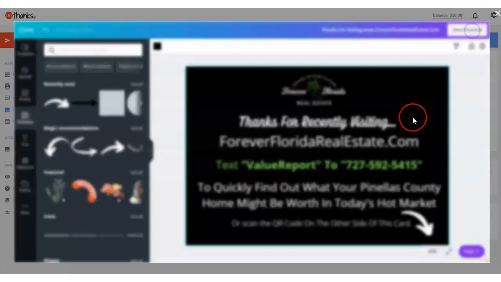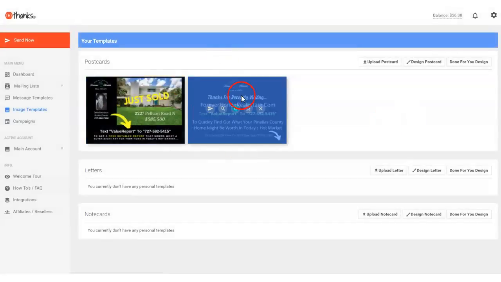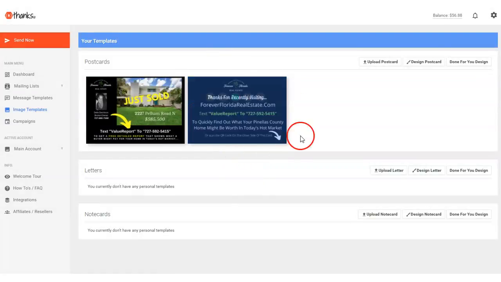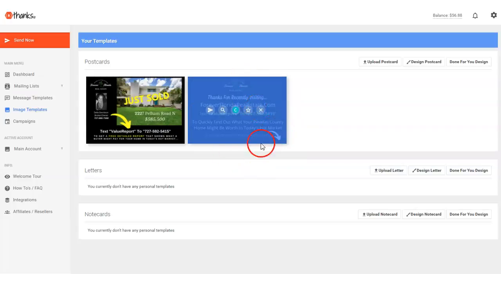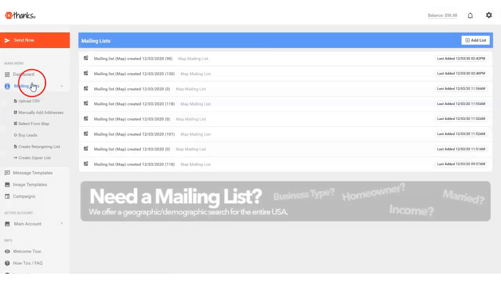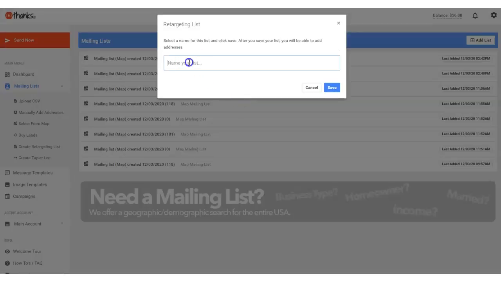So I'll save this image to the account. So that'll be saved here as an image template right there. And the next thing I'm going to do is build a mailing list that this card will be going to. So I'm going to go to mailing lists on the left side. And I'll create add list, and then I'll create a retargeting list, and we'll call this Forever Florida Real Estate.com